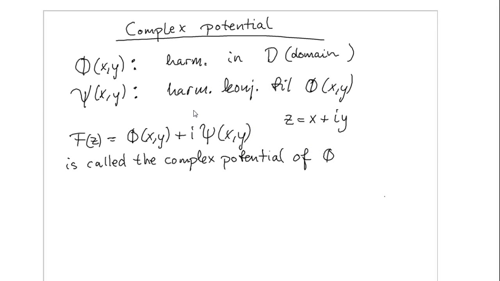In the problem of finding this potential phi, it's often useful to find a complex potential, or a complex function which is analytic, which is called the complex potential associated with the potential phi. And this function is simply formed in the following way. As real part we use this phi, and as imaginary part we use the harmonic conjugate of the function phi. And this defines an analytic function,